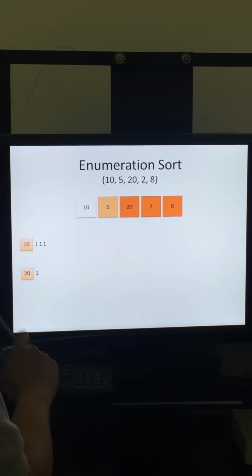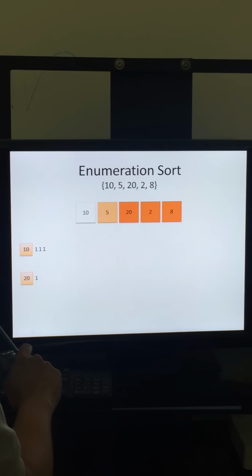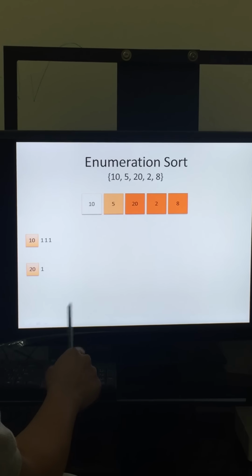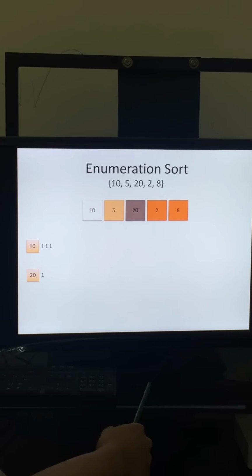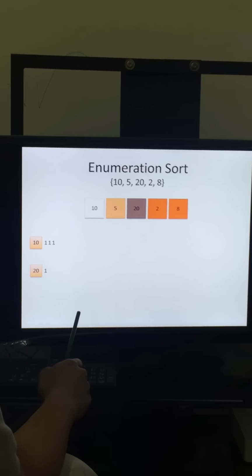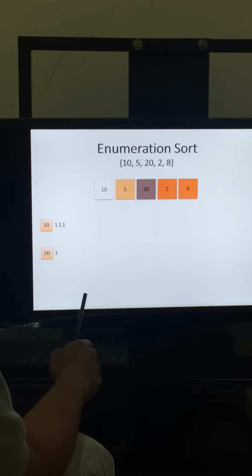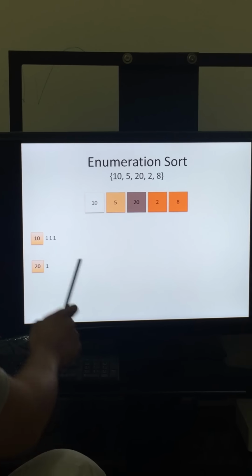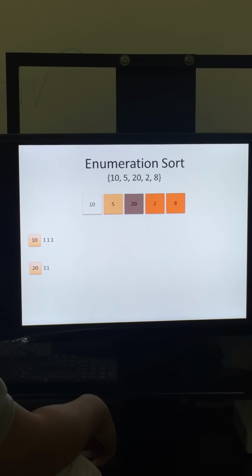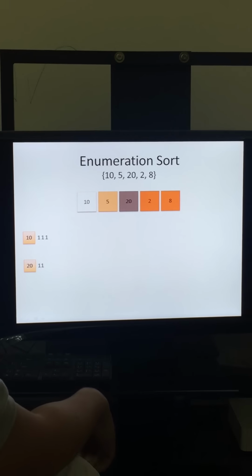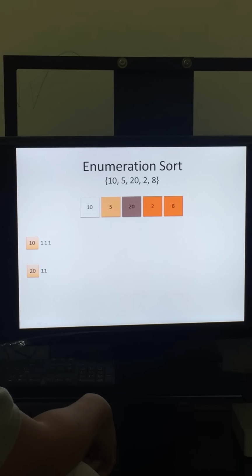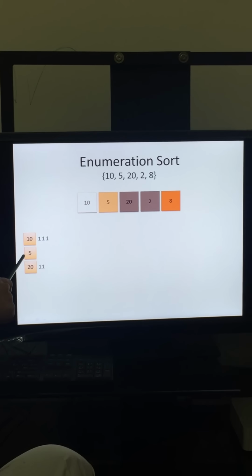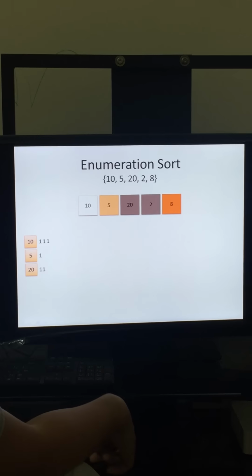and we will not compare to reverse, only forward. Now the second element to third element, 5 is greater than 20, then equal to false. Because the 20 is higher, we will add 1 count again in 20, and now 5 is greater than 2, it's equal to true, so we will add 1 count for number 5. Now we will create 5 and we will add 1.